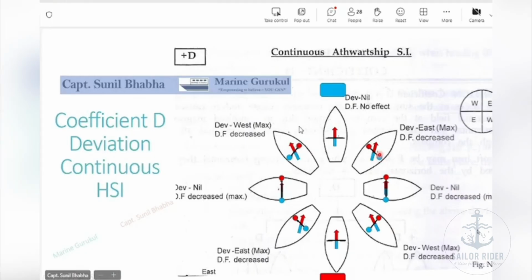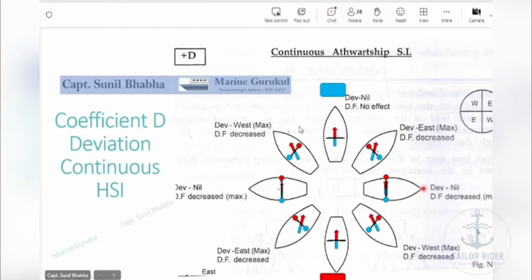Because of the poles becoming weaker, the deviation keeps on reducing. Now, if the vessel swings to the starboard side and tries to approach the easterly direction, the poles are becoming stronger, but these poles are now coming in line with the magnetic needle. Now, as they come in line with the magnetic needle, they are not able to generate that much deviation, and the deviation starts to decrease. So maximum deviation is caused on the northeasterly heading, and zero deviation is caused on northerly heading as well as